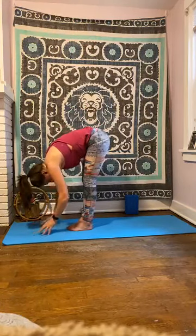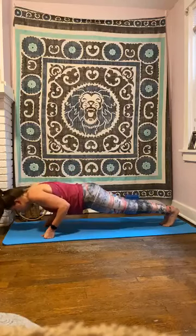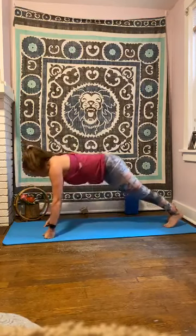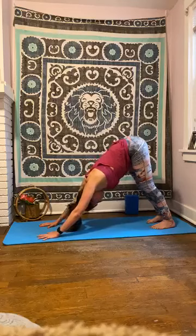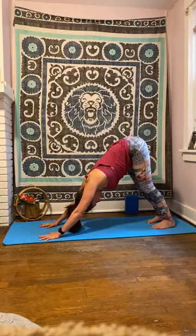Breath in to your halfway lift. Breath out through a chaturanga, high to low, any way you want to go. Breath in to lift the heart, up dog or cobra. And then exhale, downward facing dog. Take a breath in and a deep breath out. 1 more here together, inhaling